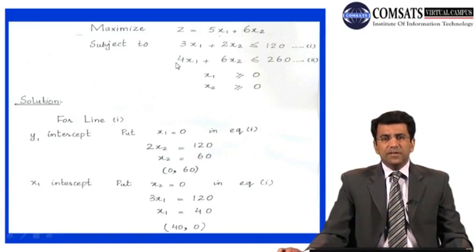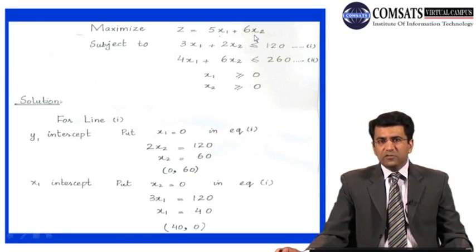Now class, this is a very simple example of a maximization problem. This is your objective function, that is z is equal to 5x1 plus 6x2. So what we will have to do is maximize this objective function. And I told you in the last lecture that generally we denote the objective function or the profit maximization function by z, and in some books it can also be represented by f or by some other letter. So this is our basic objective function.